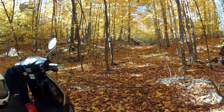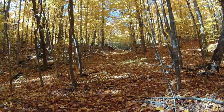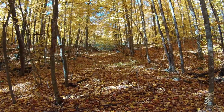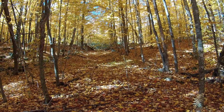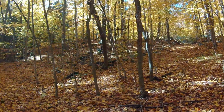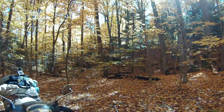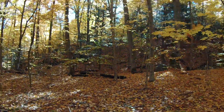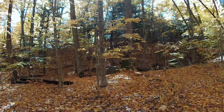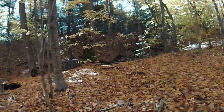Okay, found my camp for the night, and this is an old trail. Hasn't been used for a long time. It came off of the one I was on, so I could ride down it, kind of. And I found this beautiful little stream,